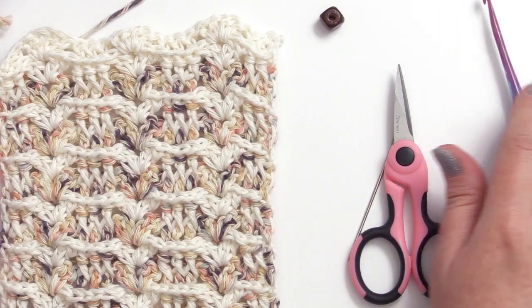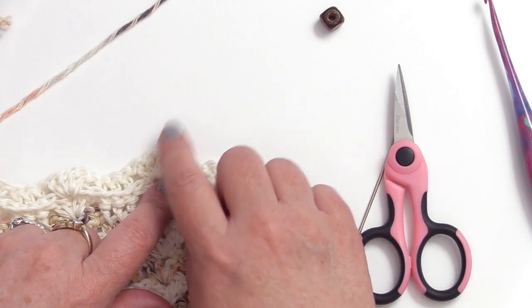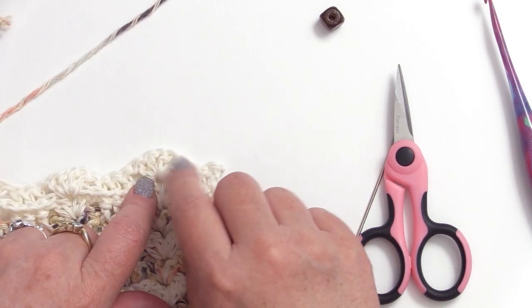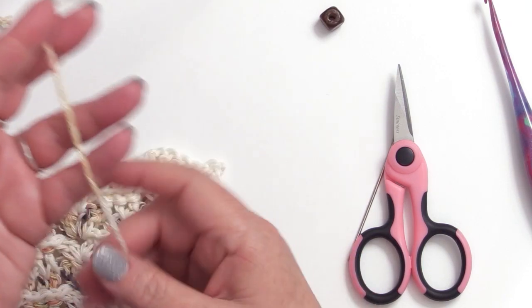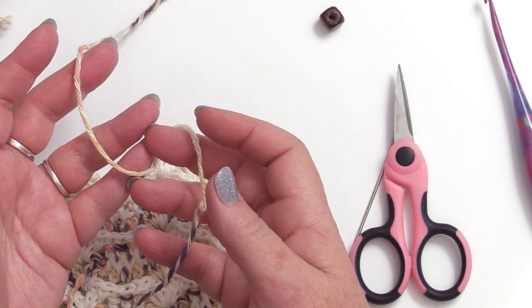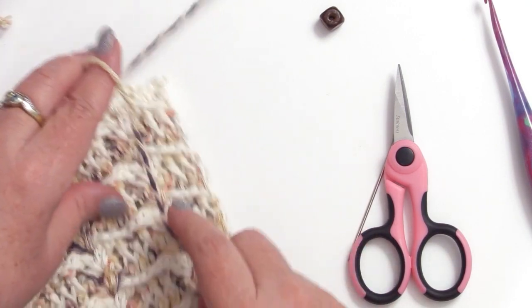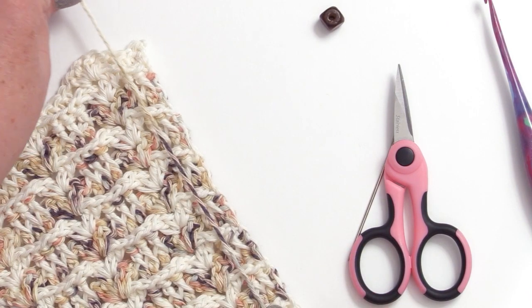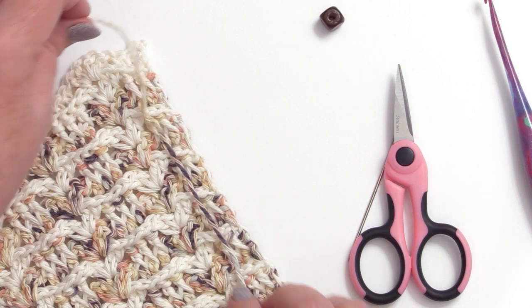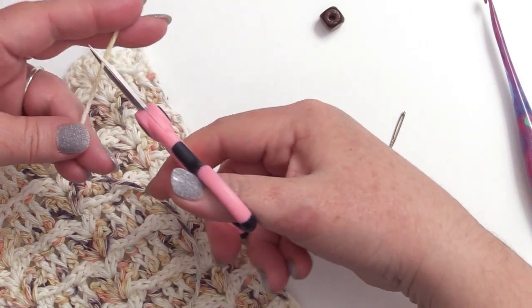So I'm only going to show you one step on how to do the fringe. Well, I'm going to show you with one fringe as an example because each step is the same. So what you're going to do is take your main color, in my case the chai latte, and cut 10 8-inch, or just a little bit longer than my mug rug, strands of yarn. So I'm going to show you just with one of them. We're going to cut this,